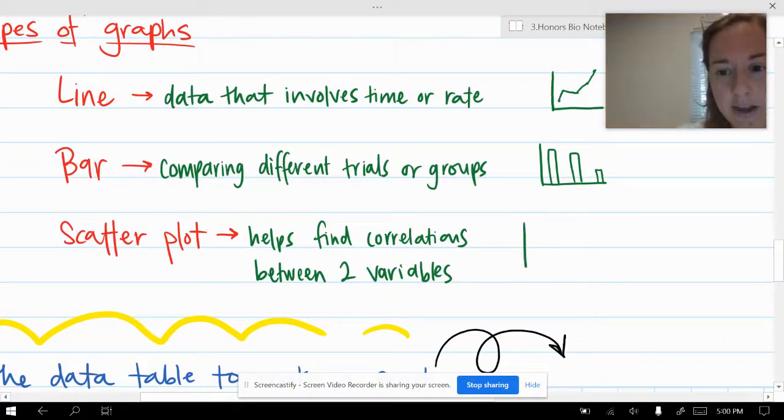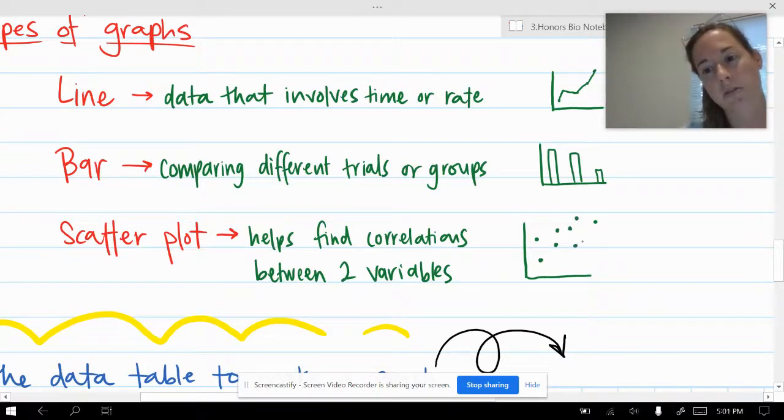So what they look like is you just have your axes and then you have your points, but they aren't connected by a line this time. They're just free points. And then what the scientists can actually do is they can look at the scatter plot and draw a line of best fit, which we might have done in math class before, but in this one, it probably would be like about here,